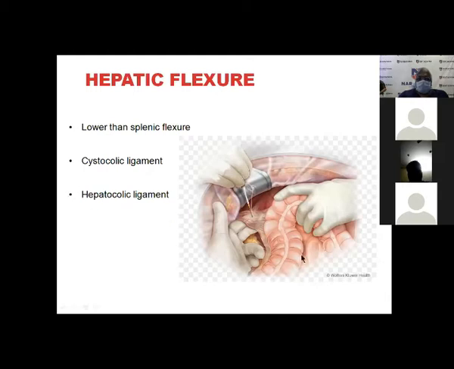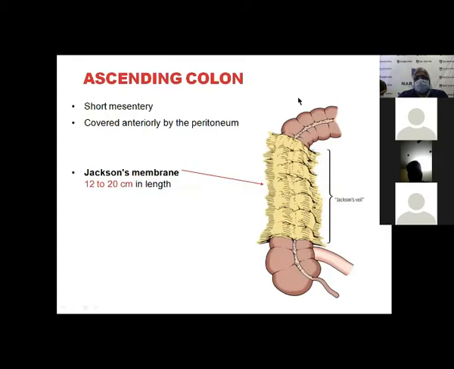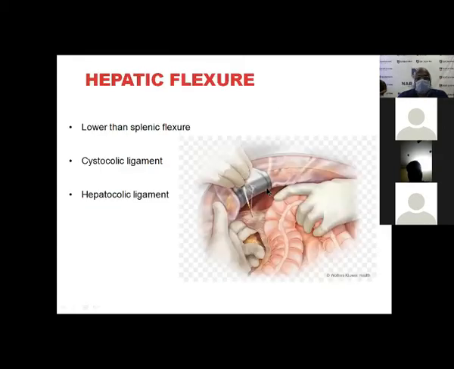Now we are coming to the hepatic flexure. Yesterday I was talking to you about the Kocher maneuver. In the Kocher maneuver, you have to incise a little bit here, and you'll have to divide these ligaments, the cystocolic and hepatocolic ligaments. Then if you go, there will be a lesser sac with the gastrocolic omentum. Divide that, bring this whole colon down so that the whole pancreas is under vision. That's called the Kocher maneuver.